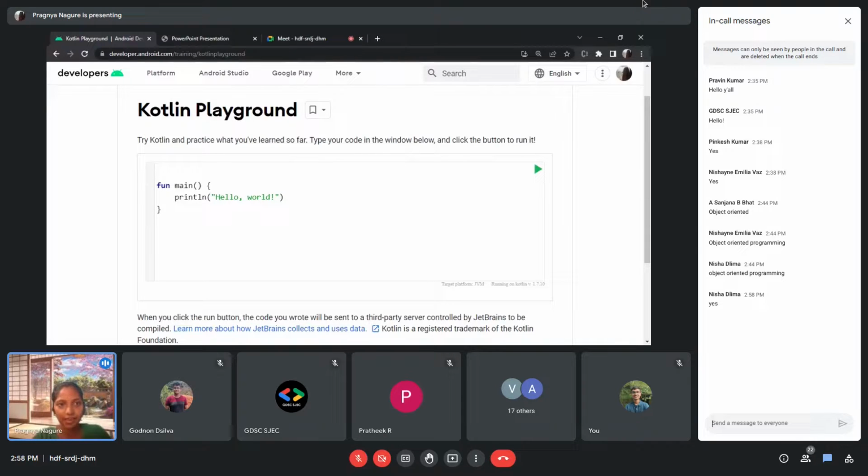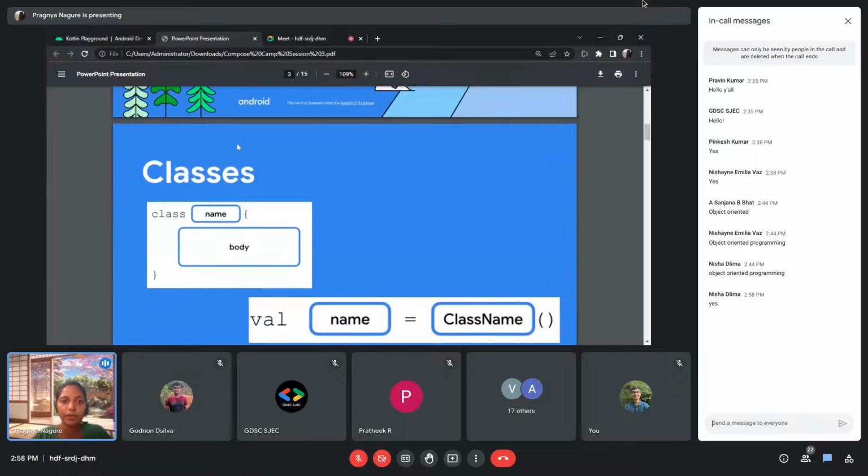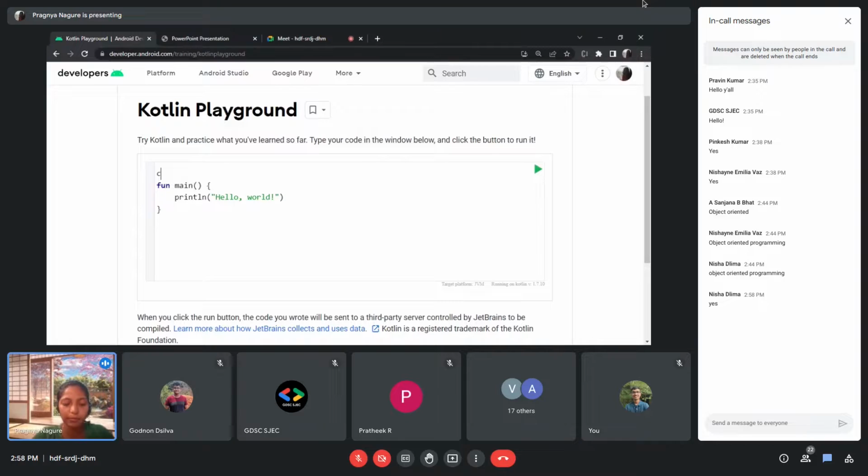Let's create a class, right? So what did we have? I can just show you real quick. This was the thing which we had. Syntax. So it was class, name, and then the body inside it. Let me just create a simple class for you. Class, okay,